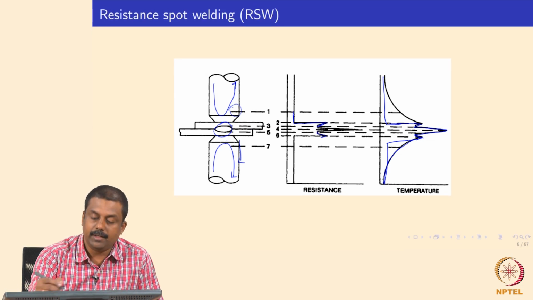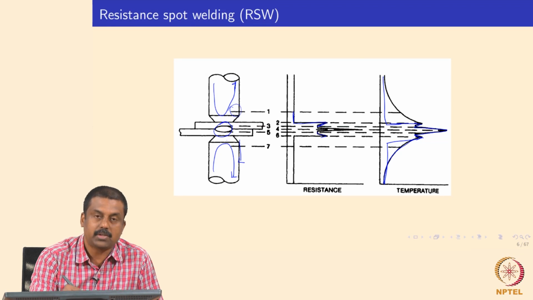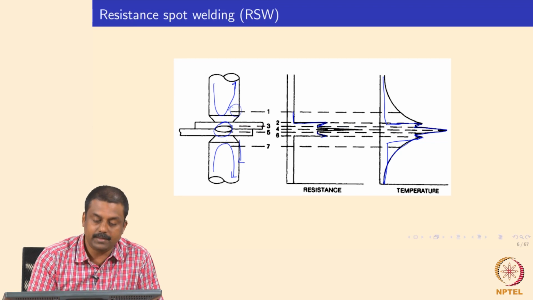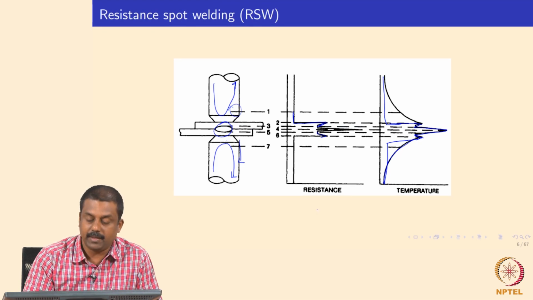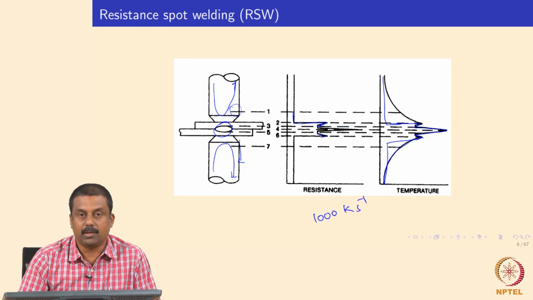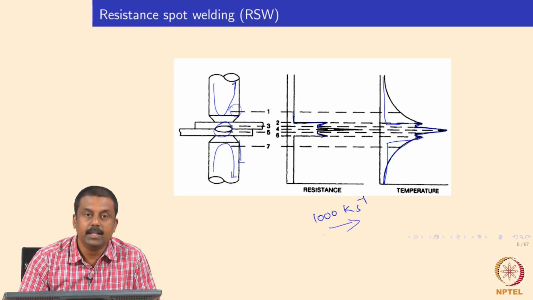Okay. And due to the fact that the water cooled copper electrodes extract heat very rapidly, the weld nugget that is formed while passing the current cools extremely fast. The cooling rates of the weld nugget, which is actually formed at the faying interfaces, can be as high as 1000 Kelvin per second,